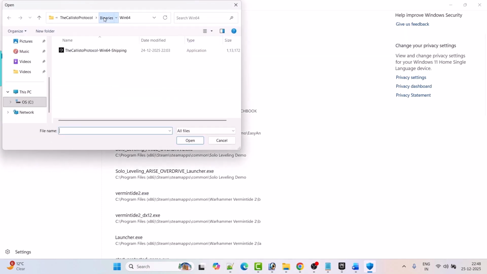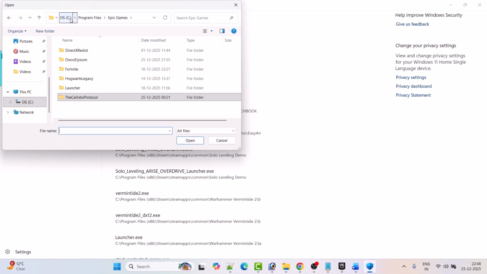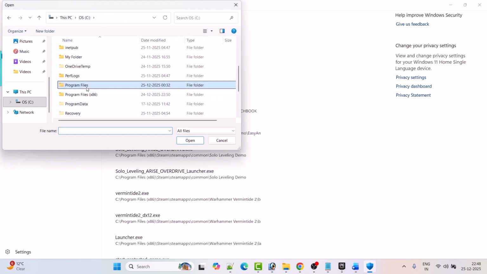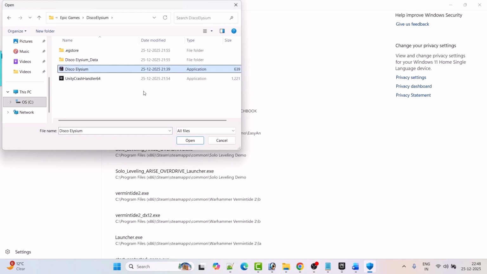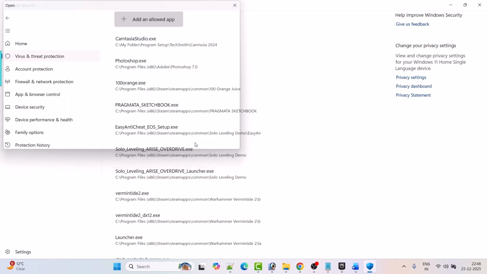Now go to the game installation folder wherever you have installed the game. So open C drive, open Program Files folder, open Epic Games folder, open Disco Elysium folder. Now select the Disco Elysium exe file and then click on Open to add it to the list. Now go back,